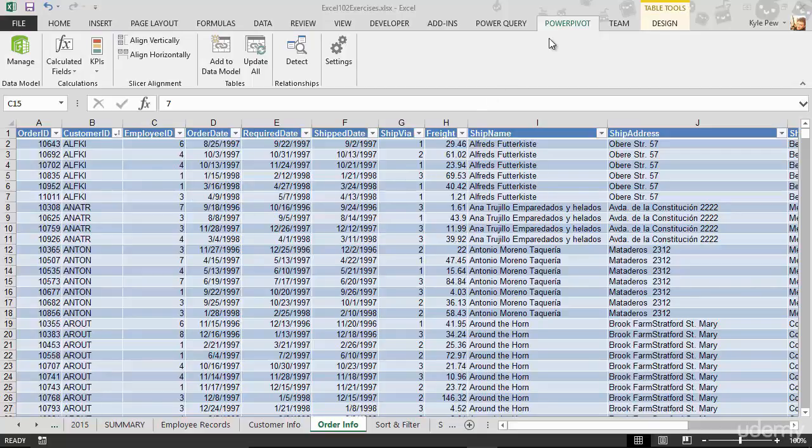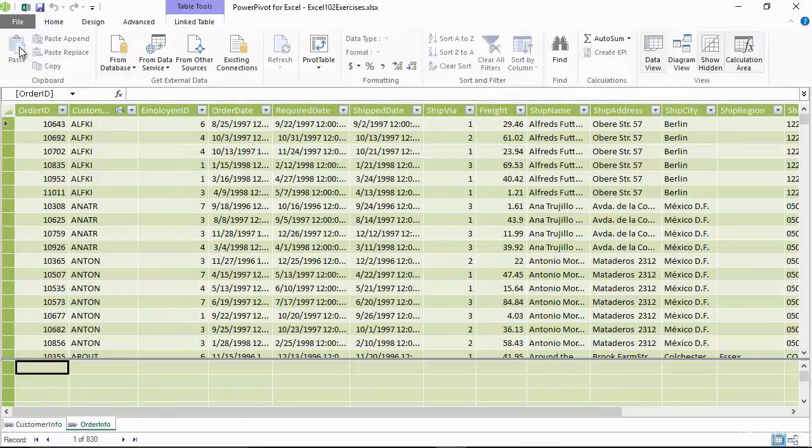All right, so I'm back inside the exercise file, same one I've been using. I'm going to go to the Power Pivot tab, and I'm going to open up my data model. I'm going to go to the Manage button. This just reopens the same window that we experienced in the previous lecture when we were adding our data sets to the data model and creating the relationships. So I've got my two tabs down there, customer info and order info,